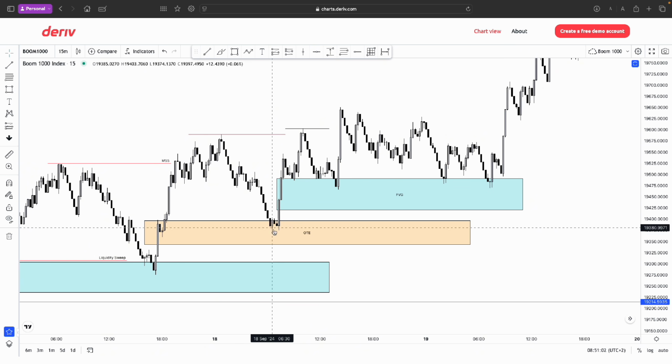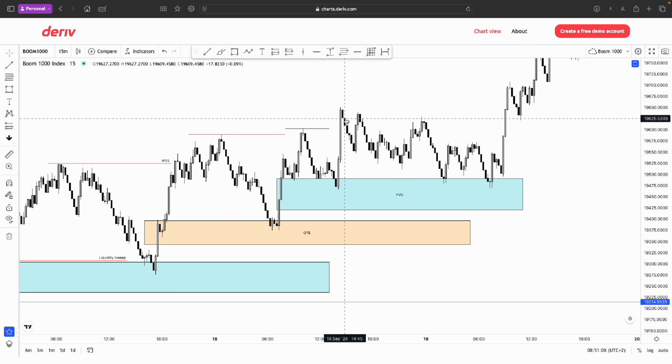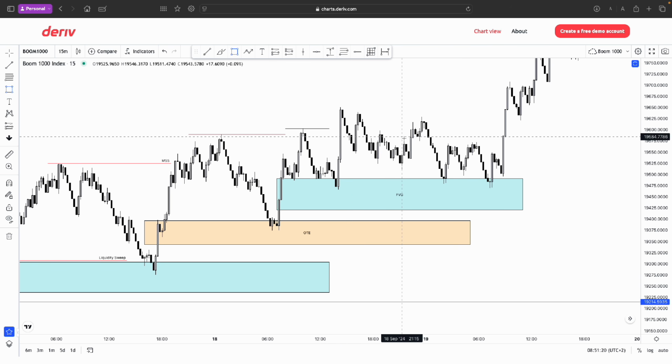Right, so let's have a look. Entered our fair value gap, nice big push, broke this high, started to retrace. What's resting down here? A fair value gap plus an order block inside of our fair value gap. Price came back, literally tested it again, retraced into a fair value gap, started moving away, broke this high, came down, and this was my initial, where